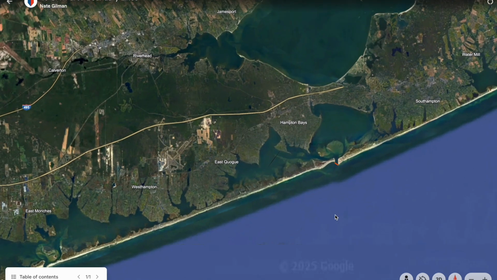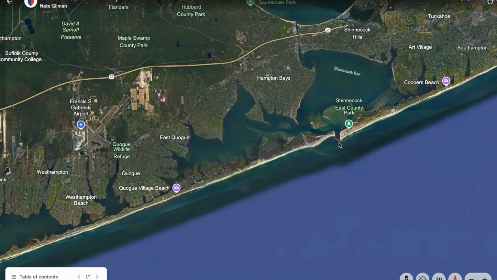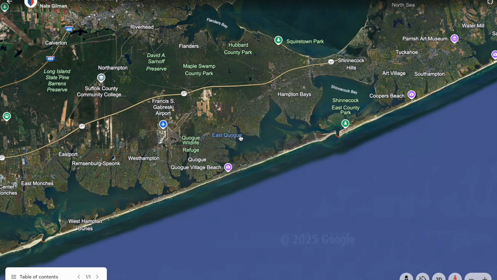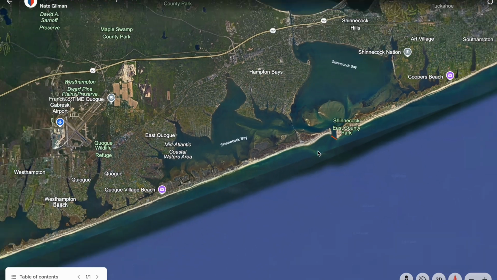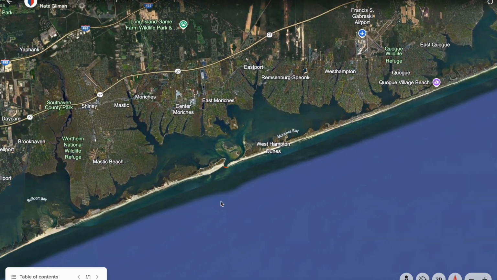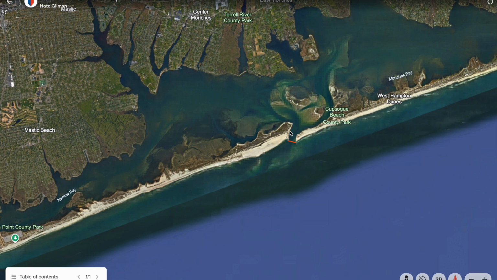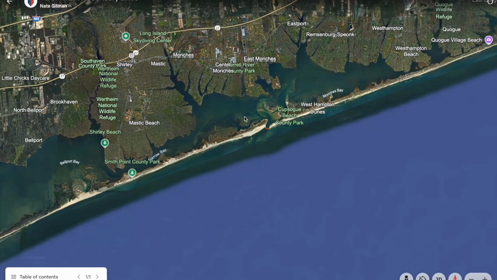And so you can see there's a couple little spots. So if you're at Shinnecock and you're just on the inside playing around the bays, that's all inland. But the second you cross this threshold, you're now in near coastal waters. And as we're making our way down, you can see in the Hamptons, as you have it coming across. Once you cross that entryway, this is near coastal, this is all inland.